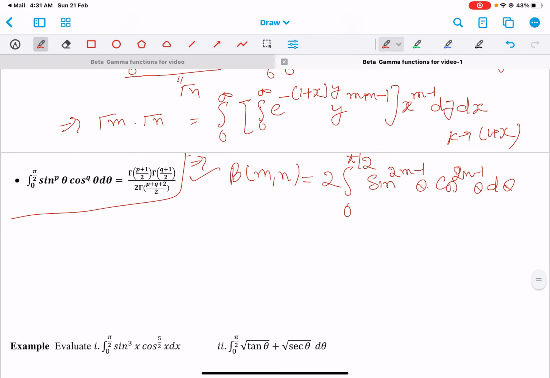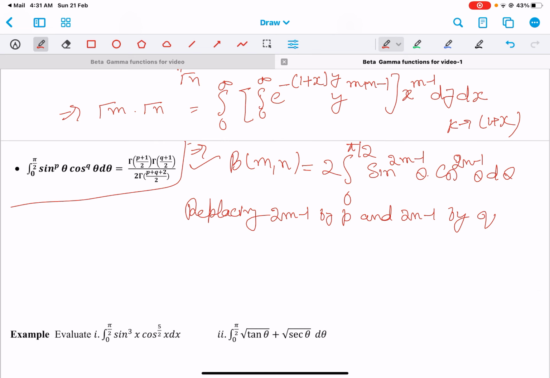Now if I just replace 2m minus 1 by p and 2n minus 1 by q, that is, m equal to p plus 1 by 2 and n equal to q plus 1 by 2,